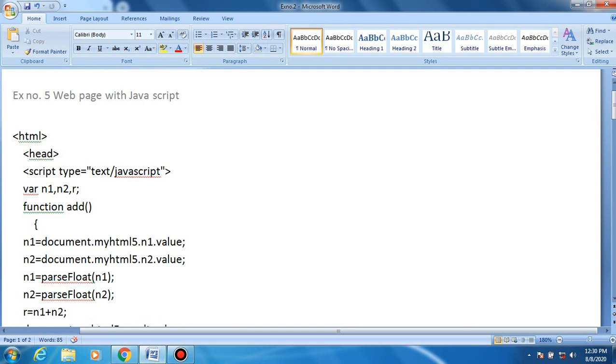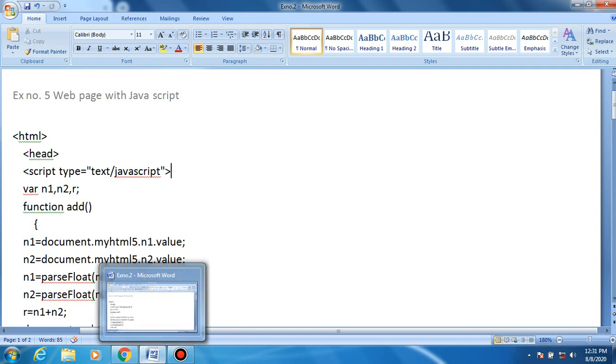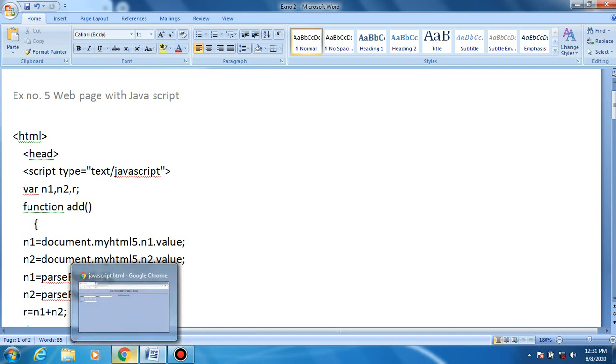Look on the screen. In the source code we are writing script type equal to JavaScript, right? So this JavaScript helps to perform operations such as arithmetic operations and validation controls in the web page. Before we see the output of this program,